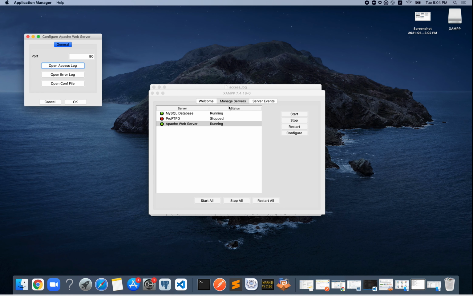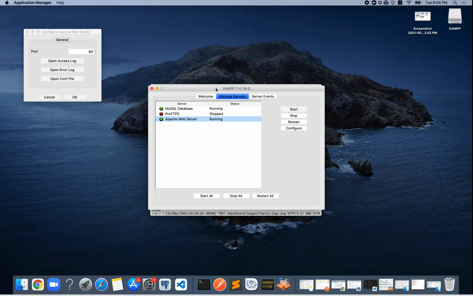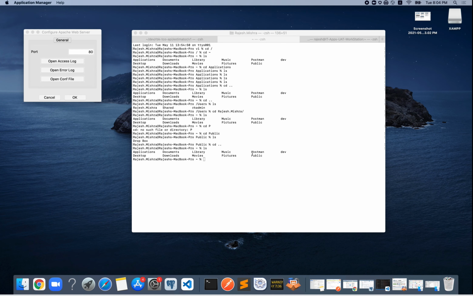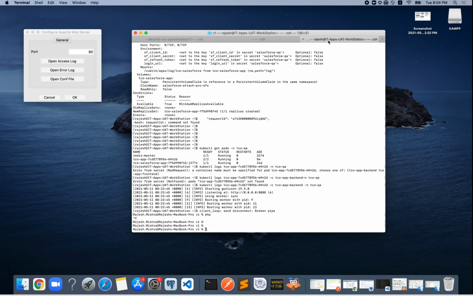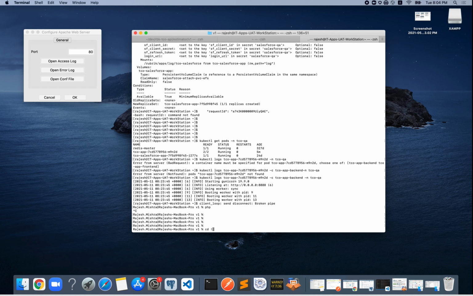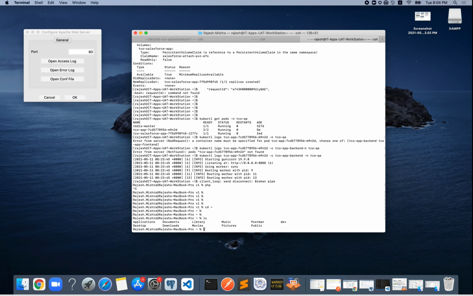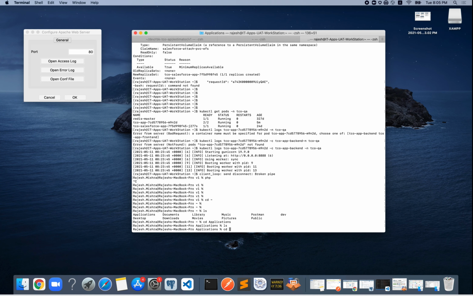The next thing is where our files are placed, or from where we can create our project. What is the folder location? If you go to the root path and go inside the application, there is nothing, so you can't find the file.